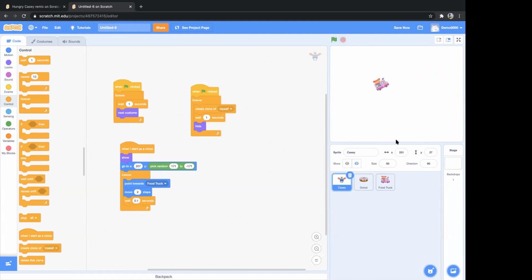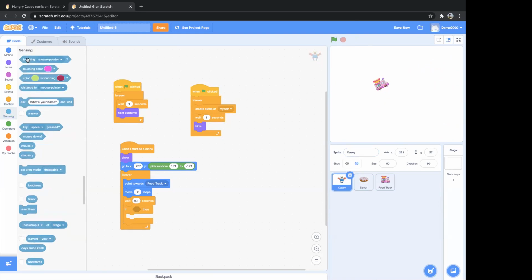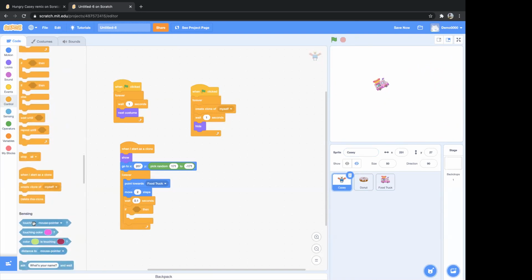Now what we want? We also want that when the donut is touching Casey, the Casey should die. So for that, what we will do? We'll use an if condition. Place it here. Then we'll go to sensing and use this touching block. And instead of mouse pointer, we'll say donut. So if this clone of Casey is touching donut, what we want?